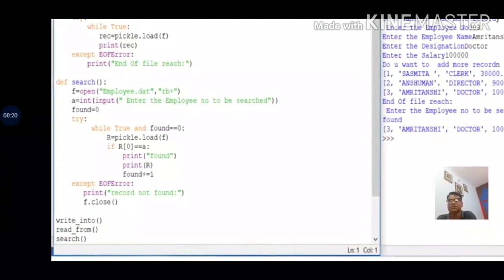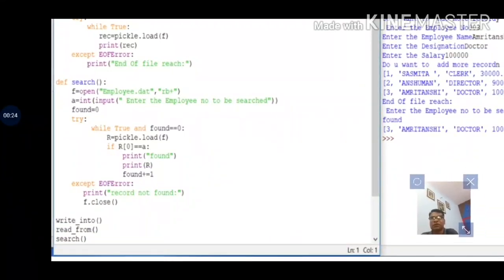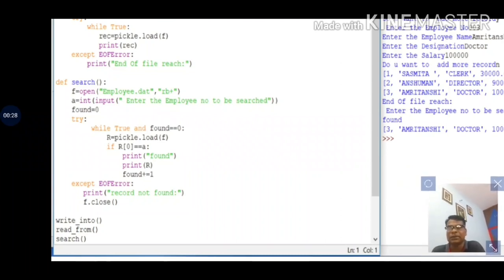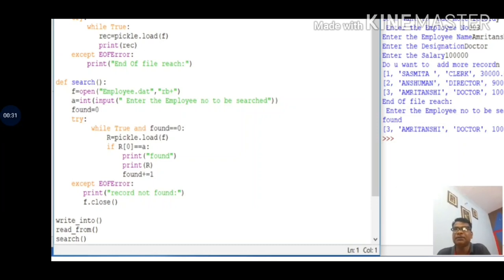If the search is found, then display the record. If the search is not found, then the message record not found is displayed. I am writing a program. I am defining a search function, opening the employee.dat file, and asking to enter the employee number to be searched.